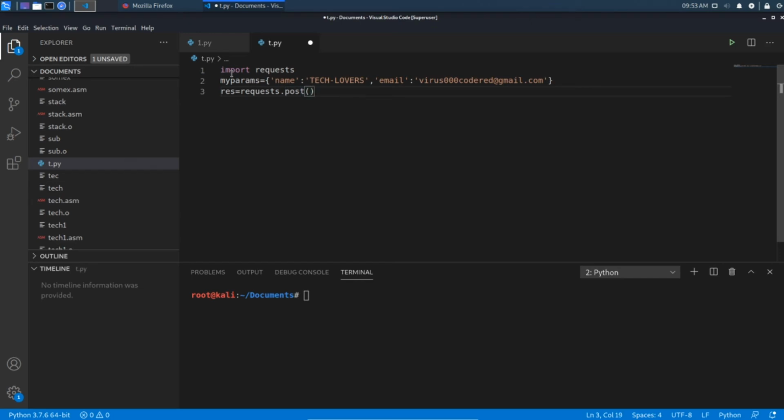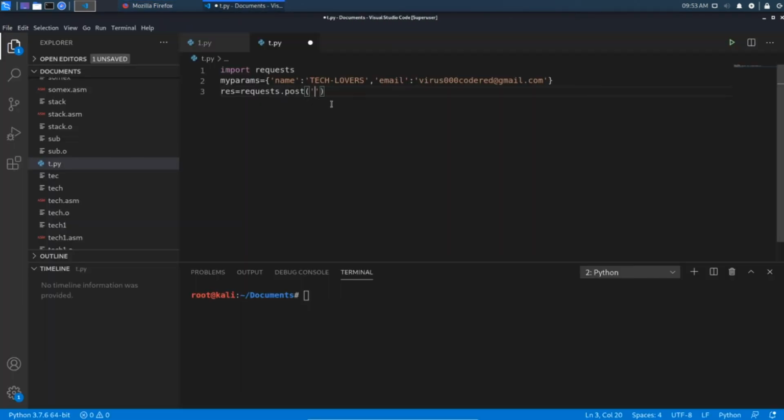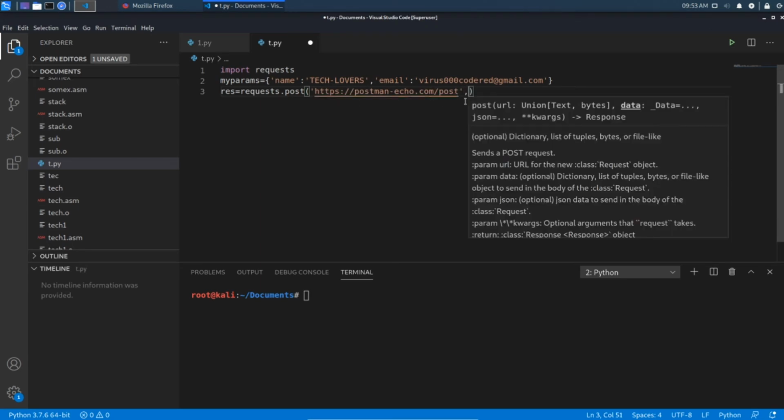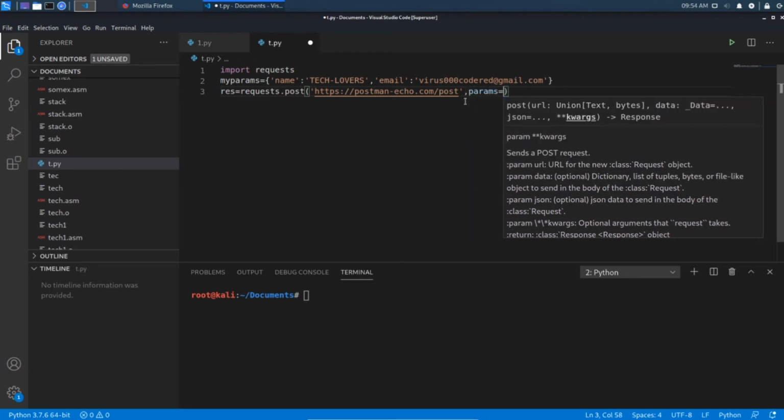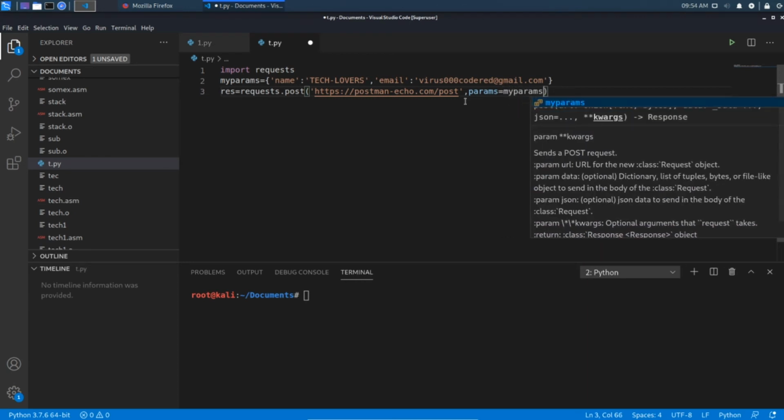As with the previous one, I am passing the custom URL here, and all people know how to pass the parameters to the request. So params equal to my params, that is my dictionary.